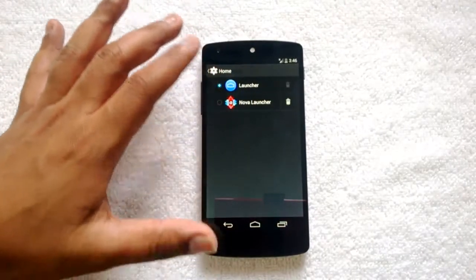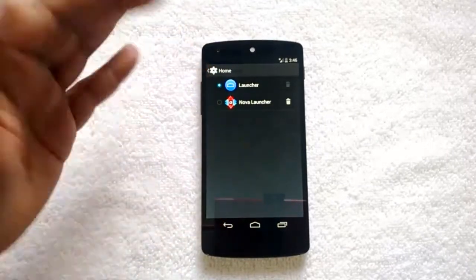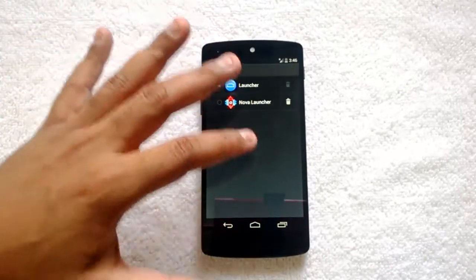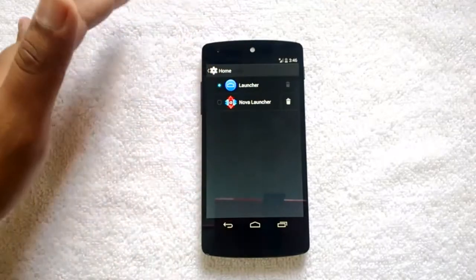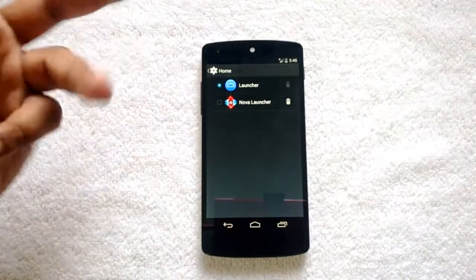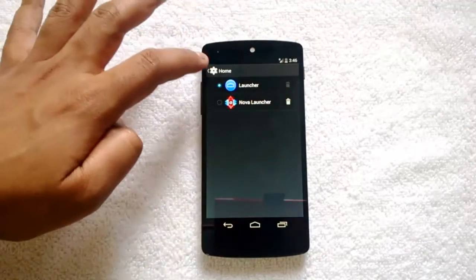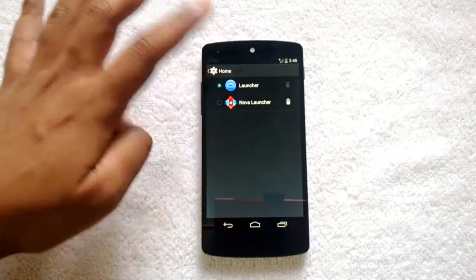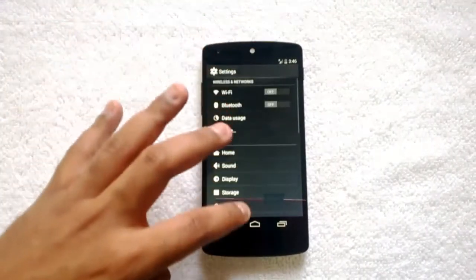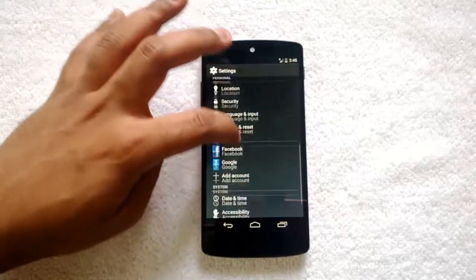All the launchers installed on your device will be listed here. You can select the one which you want as your home launcher. You can also delete launchers from here. Right now we'll select the default one itself. So that's another change available here.